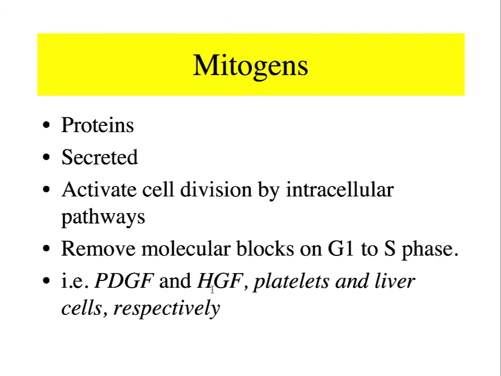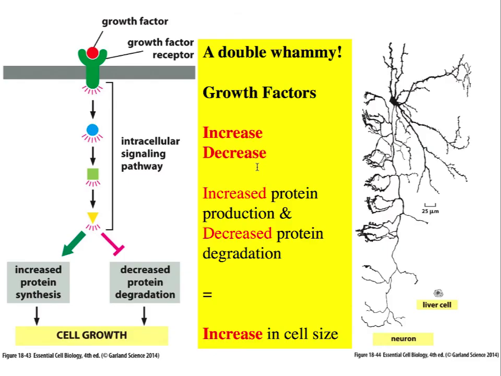And these are used to govern the repair of biological pathways in the blood and, of course, to generate more liver cells. Similarly, we can predict how growth factors will work. They work very similar to mitogens. In this case, these proteins will bind to surface receptors through a signal transduction pathway. They will have two outcomes. One is to increase protein synthesis, and the other is to inhibit protein degradation. Therefore, the result is more proteins inside the cell and an increase in cell size.